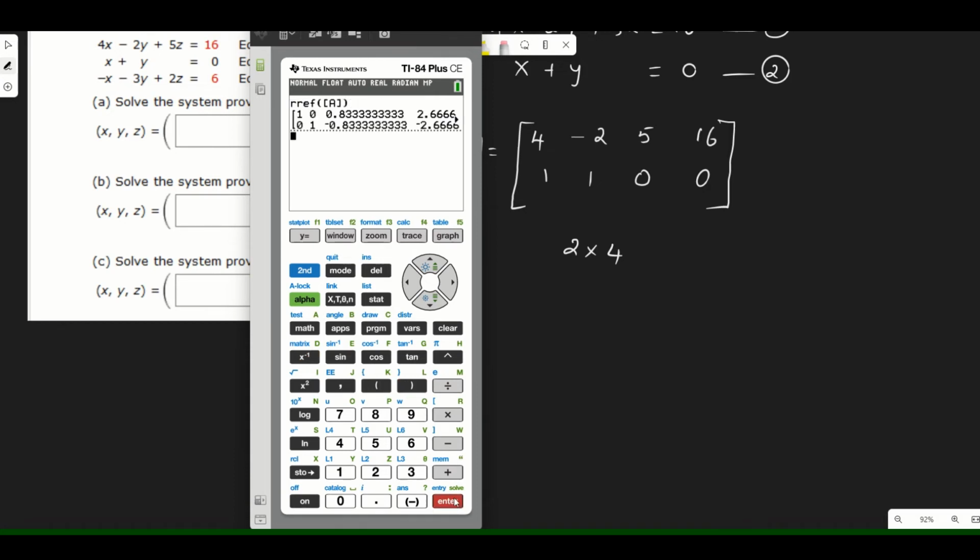So when I select, I get this as my answer. These are all decimals. I don't want that in decimals. I want that to be in fractions. So click math, select math. Under that, the first one says fraction. So I want my answer to be in fractions. So select fraction and enter. So all your values will be given as